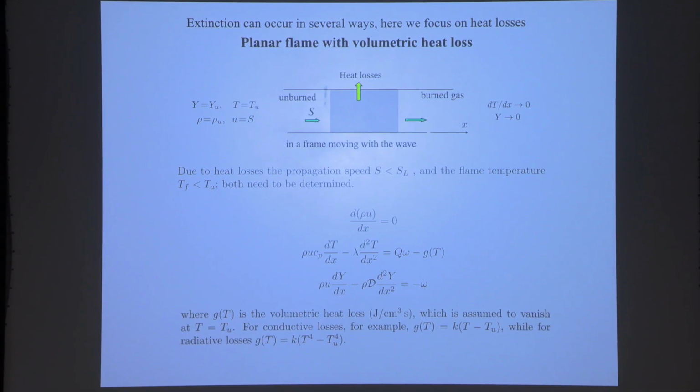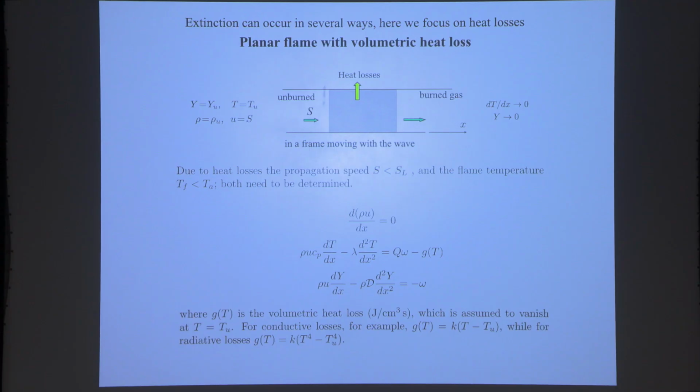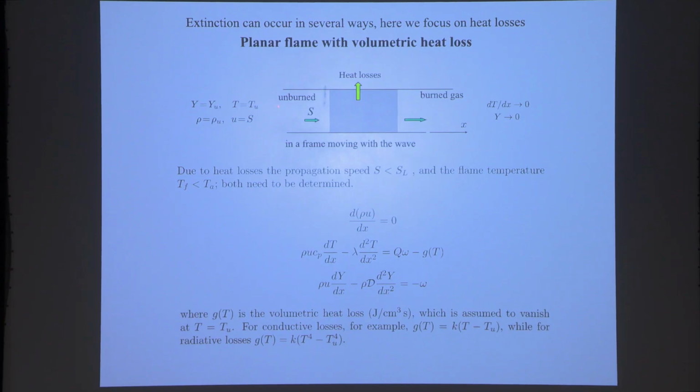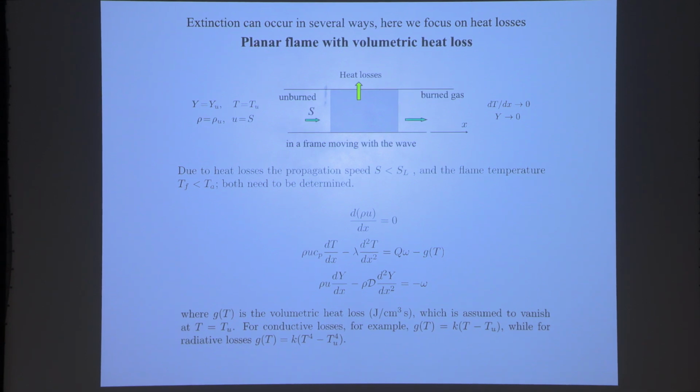So the first one is an example of flame extinction by heat losses. And so we, again, are going to consider the setup of the simple planar flame that we discussed yesterday, again in a coordinate system which is attached to the flame. So in a coordinate system attached to the flame, far to the left you have the unburned gas, which is